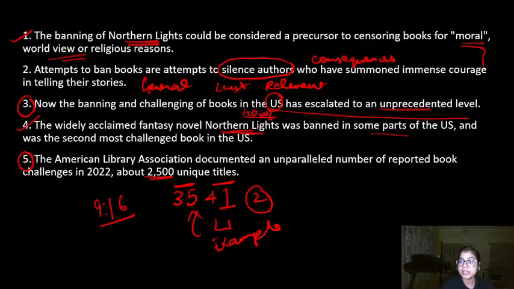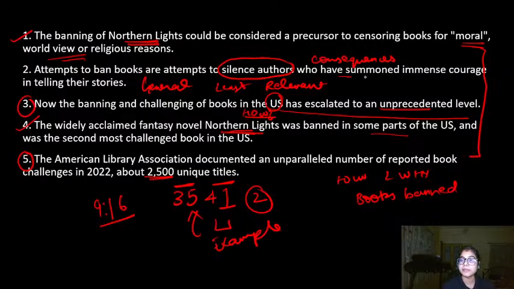All the others are talking about how and why the books are being banned, and a specific example discussed, which is Northern Lights. But this one is giving me a completely different reason, a potential consequence of silencing authors through banning books. So although it is thematically part of the entire paragraph, it is least compatible out of